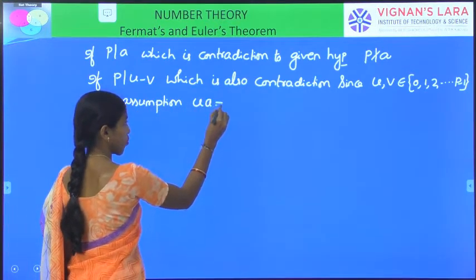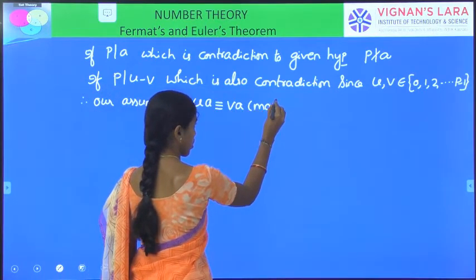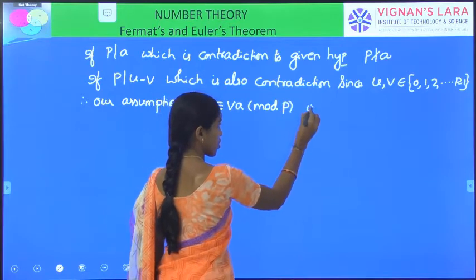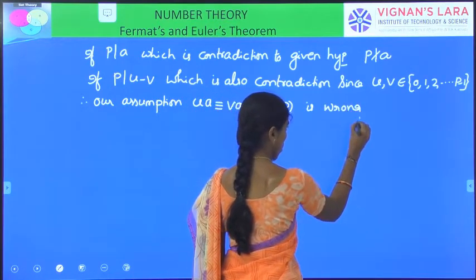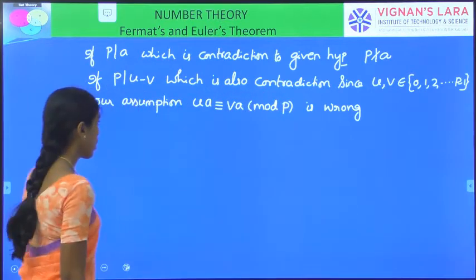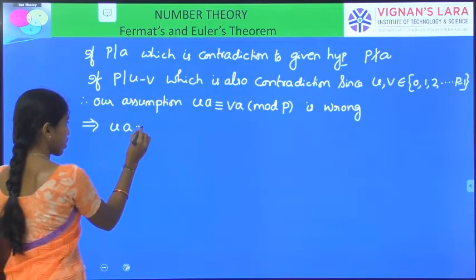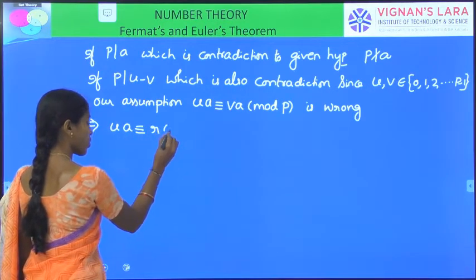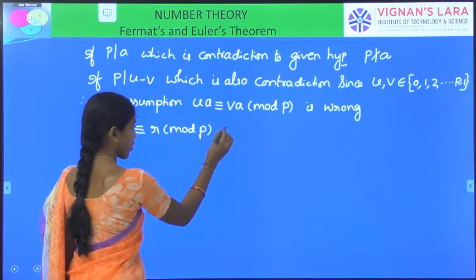UA is congruent to VA mod P is not correct, otherwise it is wrong, right? Implies that always UA is congruent to R modulo P, since